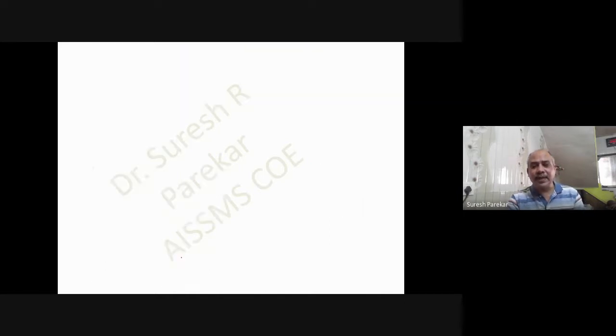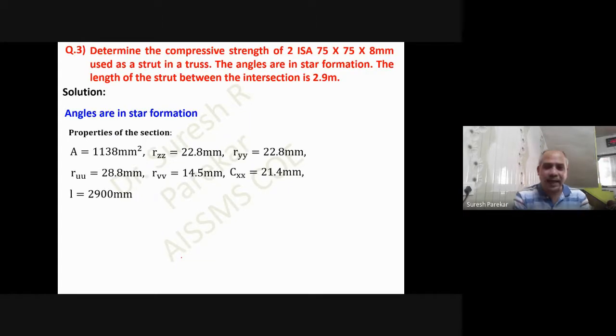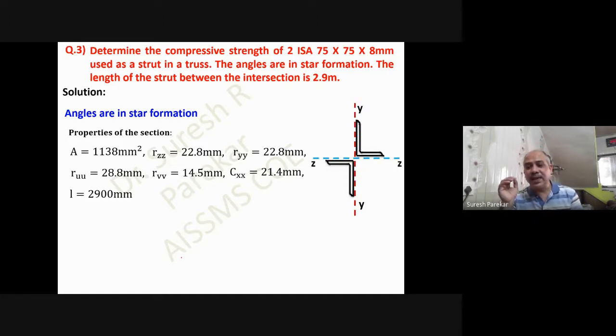So I have considered 2 problems, that is 2 cases: the same angle section on the opposite side of the gusset plate, and on the same side of the gusset plate. Now the same angle I have considered here, which will be a star angle. Now if we go to ZZ individual, then I have ZZ individual over here. If I go to YY individual, then YY individual we have over here. And my YY whole here, ZZ whole over here.